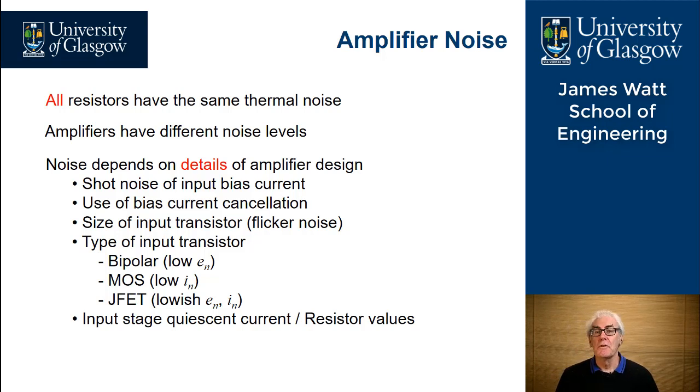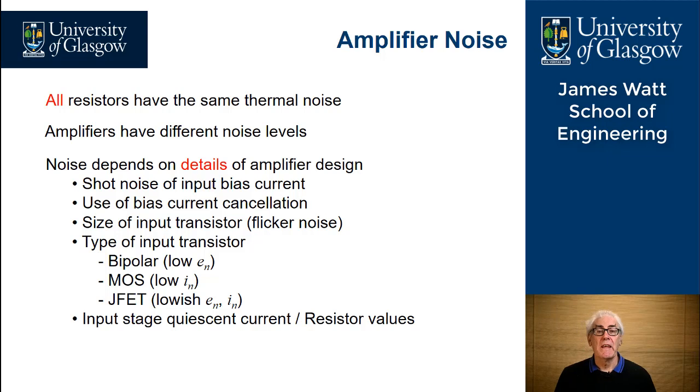Some amplifiers use bias current cancellation, which introduces more noise. The different sizes of input transistors they use in the input stage of an amplifier can give rise to flicker noise. And also the type of transistors, whether it's bipolars or MOS or junction FETs, all have different characteristics regarding